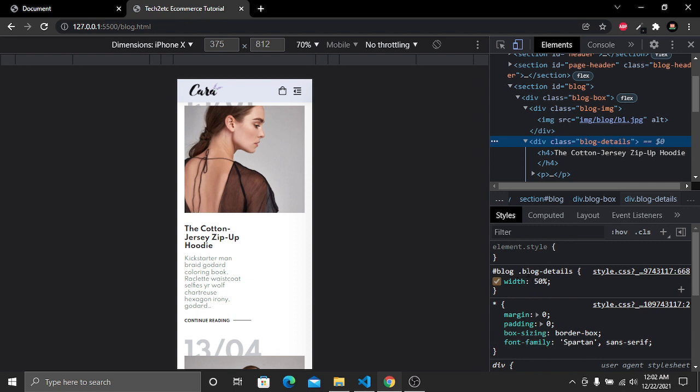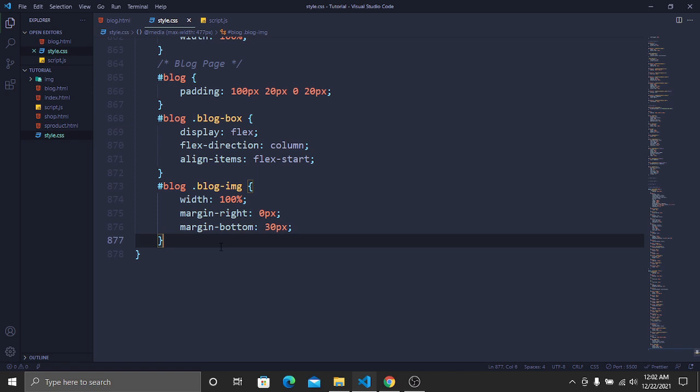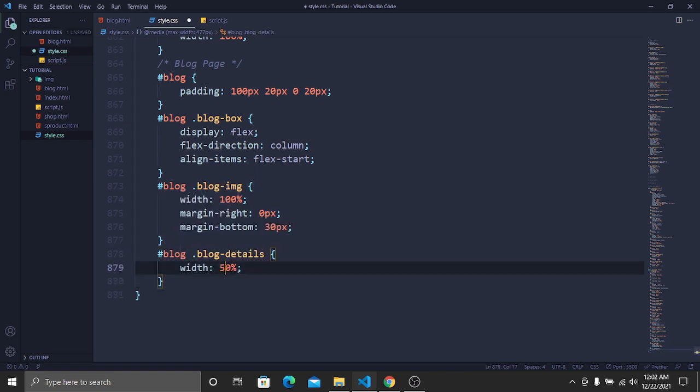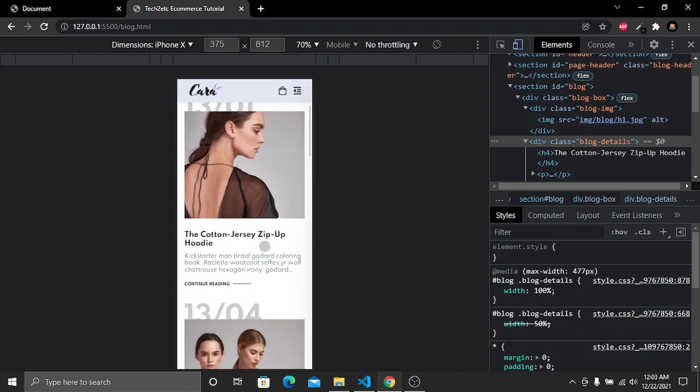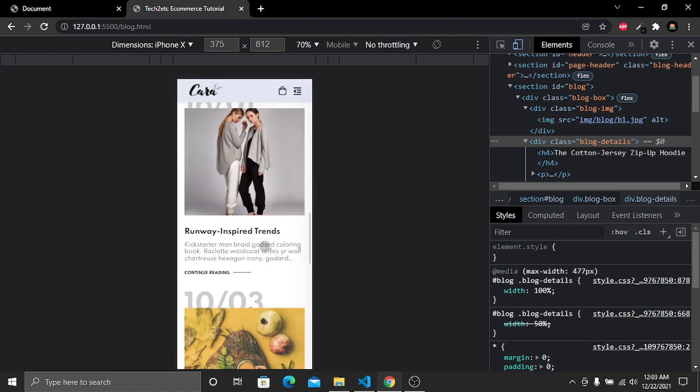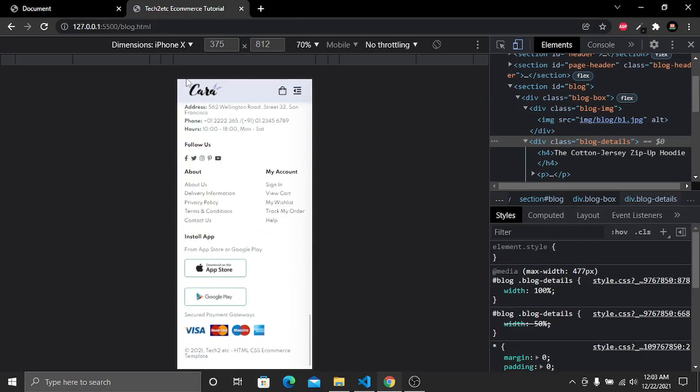So after this one, if I select this text section, I mean our blog details, here you can see that we have a width. So I will simply copy the rule and then paste it here, and I will increase the width, and it will be 100%. Now save and go to our website, and here you can see that this text is now taking 100% width and height. And guys, here you can see that we have successfully made our website responsive for mobile screen device,